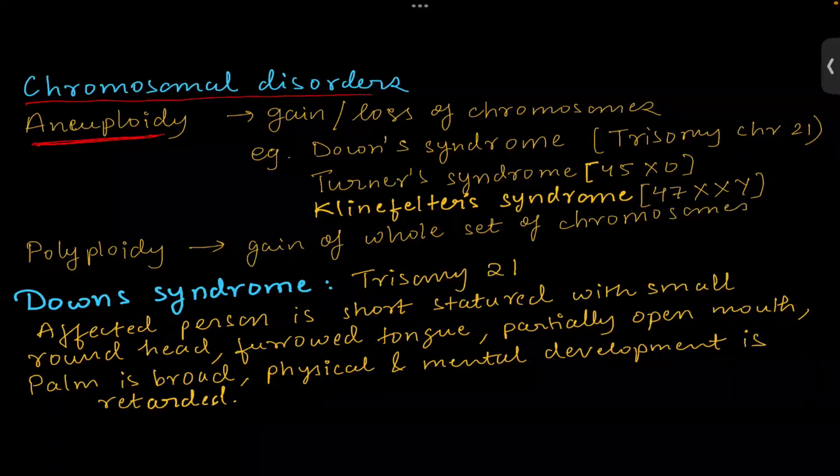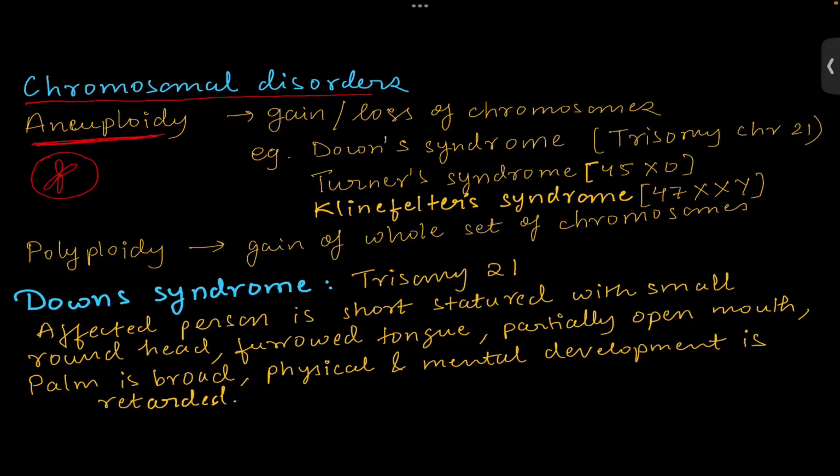chromosome. It happens because during meiosis, if you recall, this is one chromatid, this is another chromatid, and these are called sister chromatids. During meiosis, as in normal mitosis, the chromatids have to separate. So when that segregation doesn't happen, when there is a failure in segregation, what happens? There is a gain of an additional chromosome,